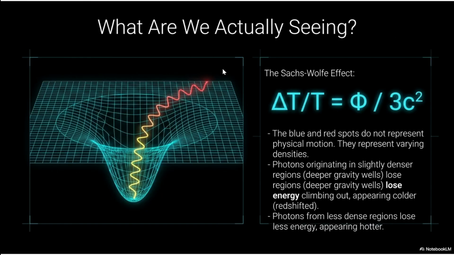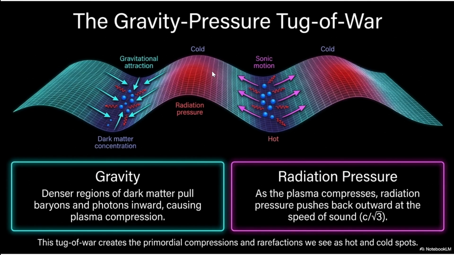And so this causes certain regions to look colder due to the light being redshifted. And then there are certain regions where photons lose less energy, and thereby they appear hotter. But in all cases, it's simply that the photons lose some energy, not that the photons are gaining some energy. You need a negative curvature to do that, in other words, not just antimatter, but some really exotic matter. It'd have to be a negative matter.